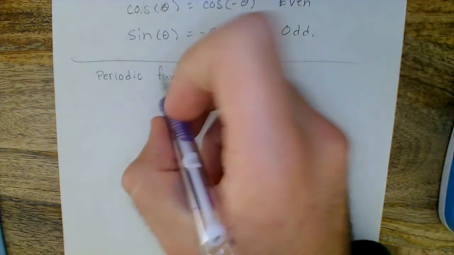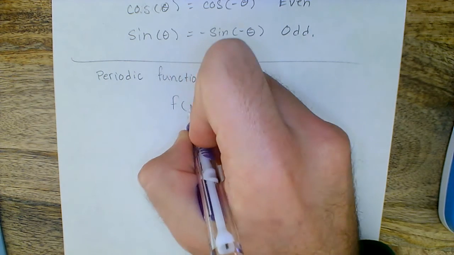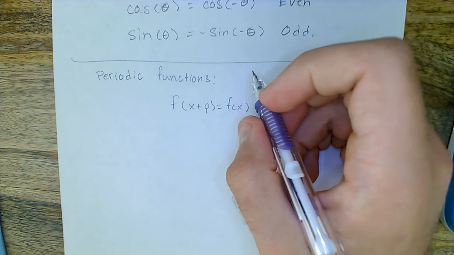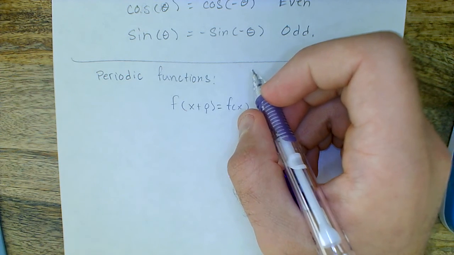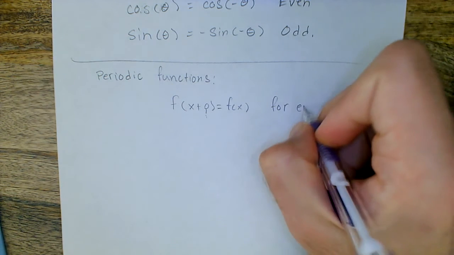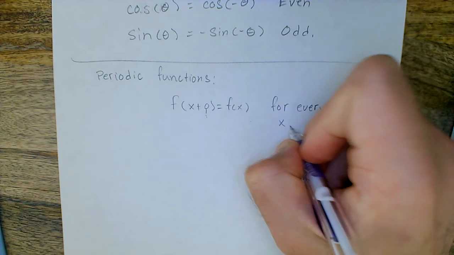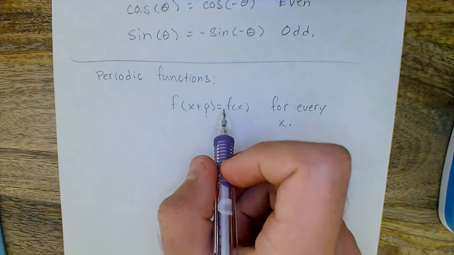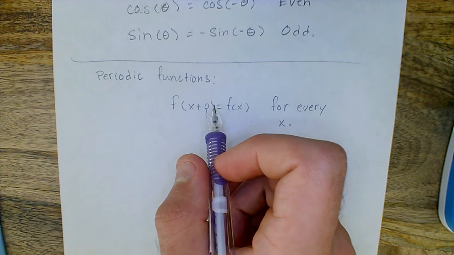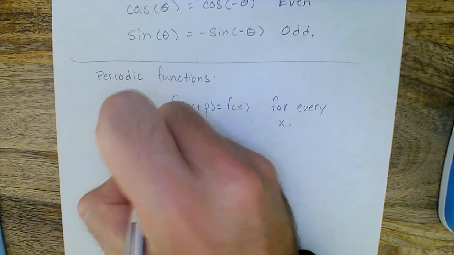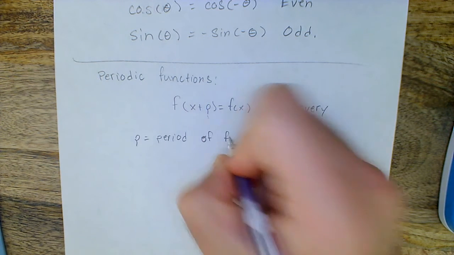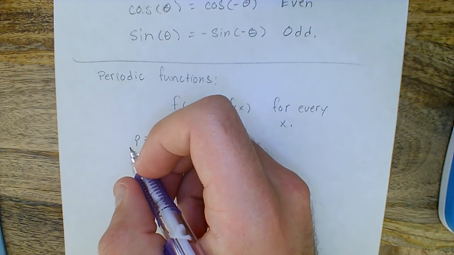Okay, so a periodic function is when f of x plus p is equal to f of x. So if there is a p-value that exists, and this is for every x. So that's like any x value you put in there, this has to be true. So p is called the period of f, and